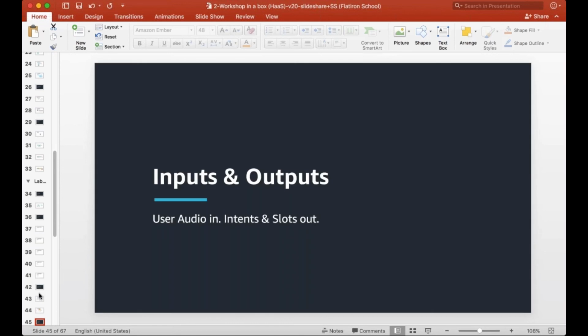And this is what our intent schema was. Remember, the first thing that we copy-pasted from GitHub was the intent schema, which is the behavior or the features your skill is going to have. And this is really an array of all the intents. We had the GetNewFactIntent, and then we had a couple of Amazon built-in intents.